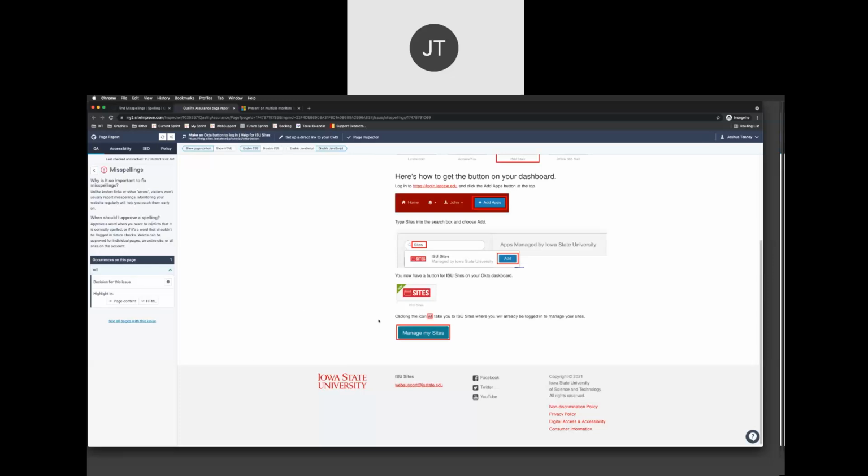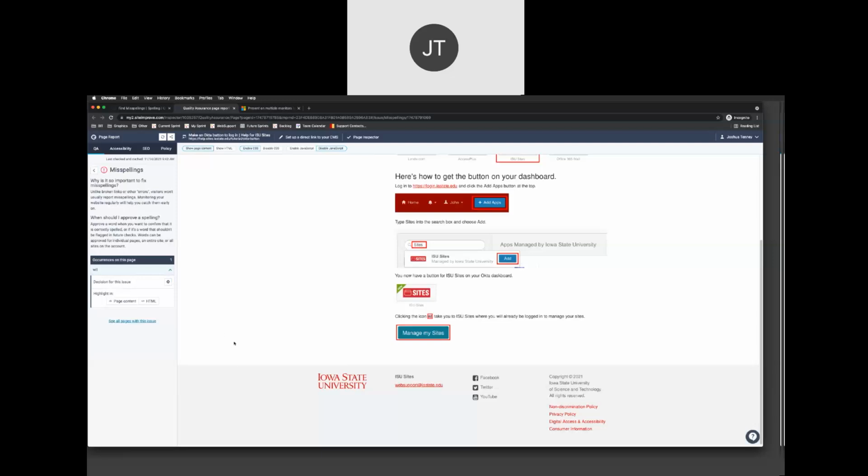And now what we're going to see is it's actually highlighted that. If you can see it here, it's obviously a pretty small misspelled word, but it's highlighted it on the page, and it's telling me a little bit more about why it's important to fix misspellings. And it's giving me the opportunity to approve this if I approve the word, as opposed to marking it as a misspelling. So from this interface, we're not getting a way to fix it per se.